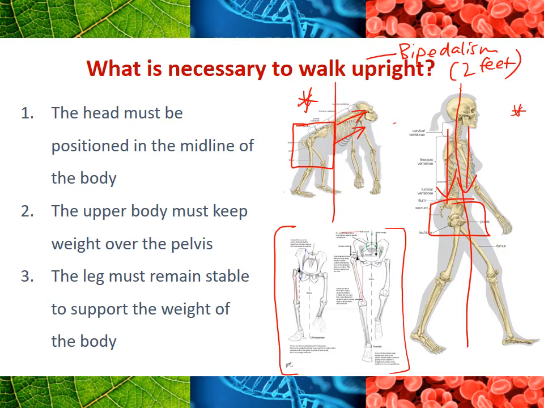And then our final one is that the leg must remain stable to support the weight of the body. And if we look here, if we've got the pelvis here of a human, you'll see that our knees go in. And that means that, see here, the left foot has been lifted off. So when you are standing on 1 foot, your body weight comes over that knee and that foot, and you can balance. Compared to the chimpanzee over here, where the legs are kind of straight down,